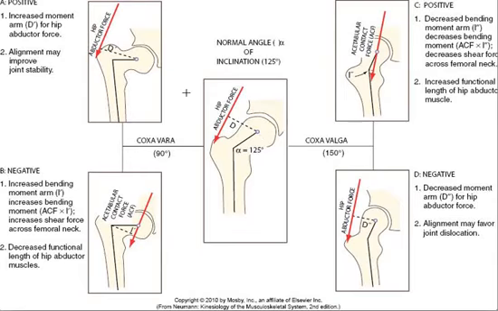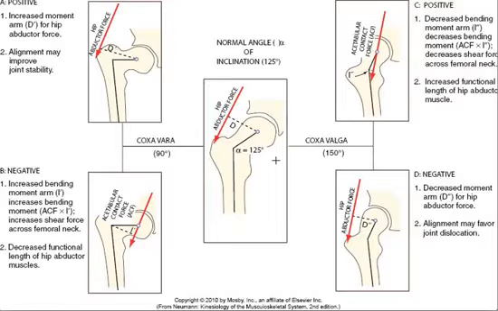So this is a diagram of some of the kinds of deformities that can occur in the frontal plane in the hip. We see on the left-hand side a deviation of the femoral neck, which is called coxa vara, and we see on the right-hand side a deviation of the femoral neck, which is called coxa valga. So the approximate normal angle of inclination of the femur, which is really the neck related to the shaft, is